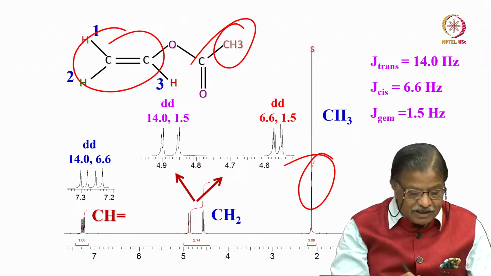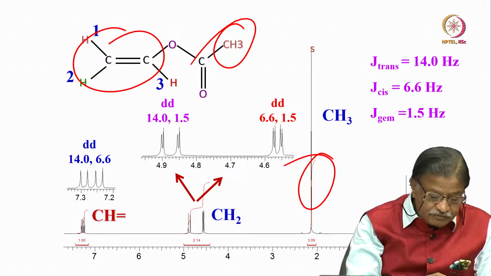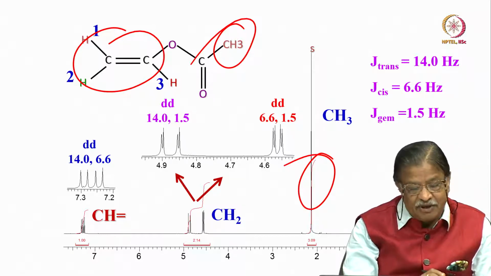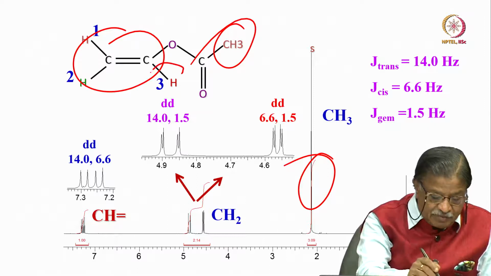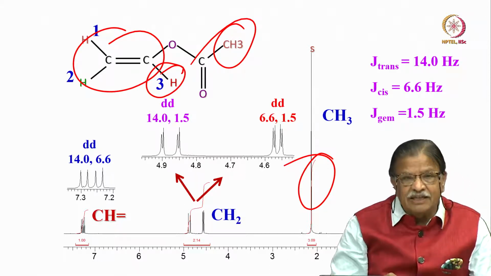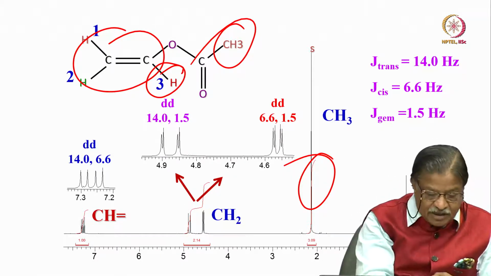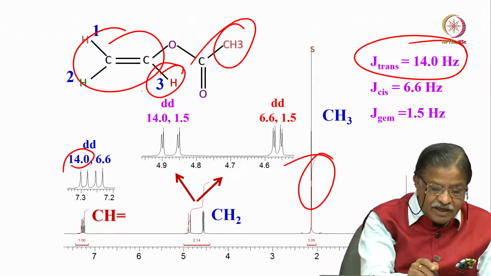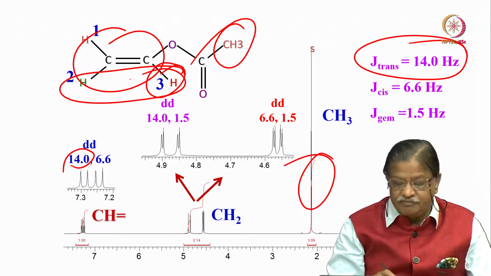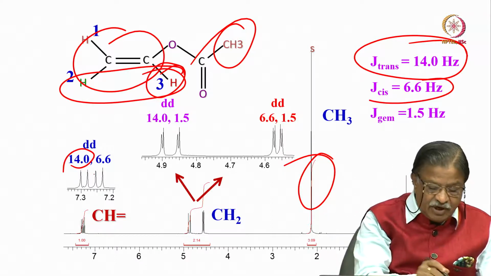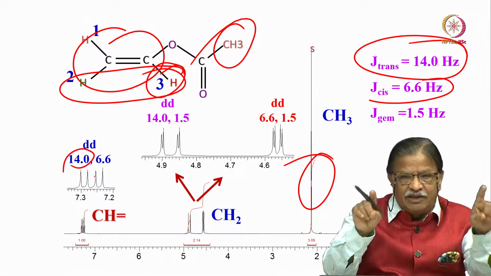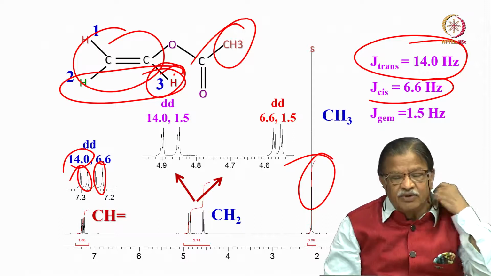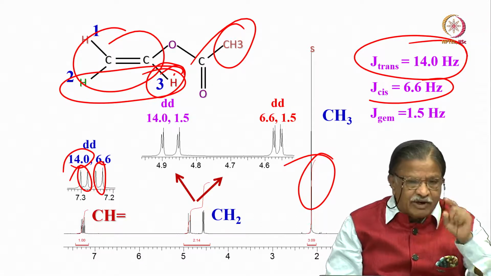Very easily you can understand. Look at this CH proton. One CH proton has a trans coupling and a cis coupling. Which is that one? This proton has a trans coupling with this, is a large coupling, 14 hertz. CC trans coupling is 14 hertz, and also it has a cis coupling. Both are simultaneously present. Cis coupling is 6.6 hertz. So it is a large doublet, and each line of the doublet is going to split into a doublet of a doublet like this. So this has to be this proton. Using the knowledge of cis and trans coupling, I could assign this.